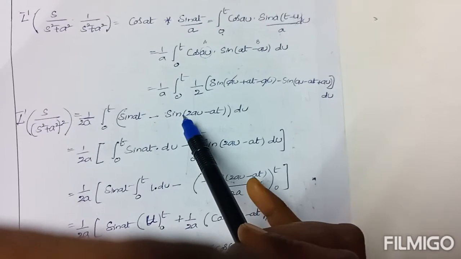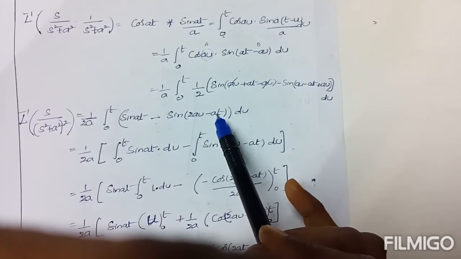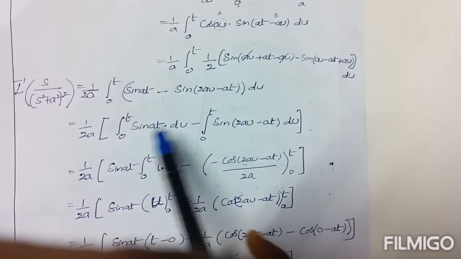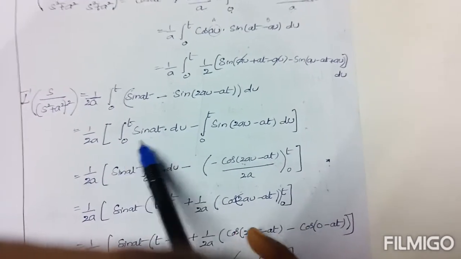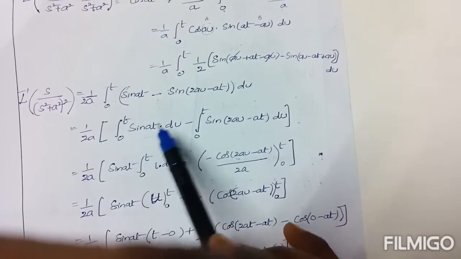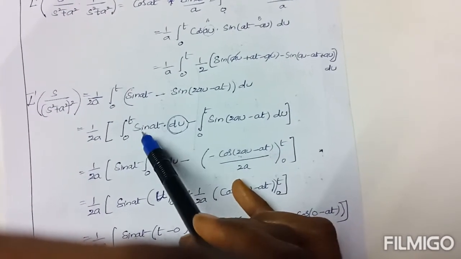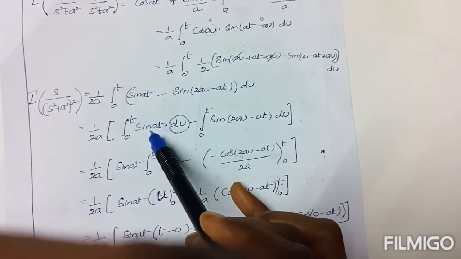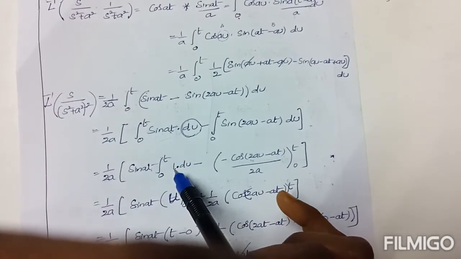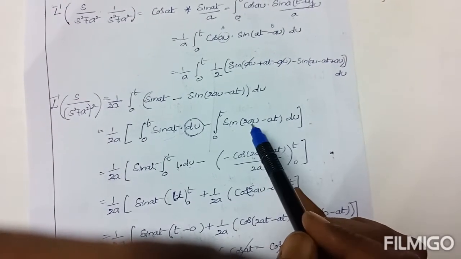Now in each and every term there is a single function, sin at and sin of 2au minus at. Now we can apply integration to each and every function, integral of first term, integral of second term. This is exactly the standard formula form. Integral of sin at, but here integration is with respect to which variable? U. Now this is without u related, so it is purely a constant. Take it outside of the integral. Integral 0 to t, under integration what is the remaining number? 1 into du minus, here there is a t, so u also is there.